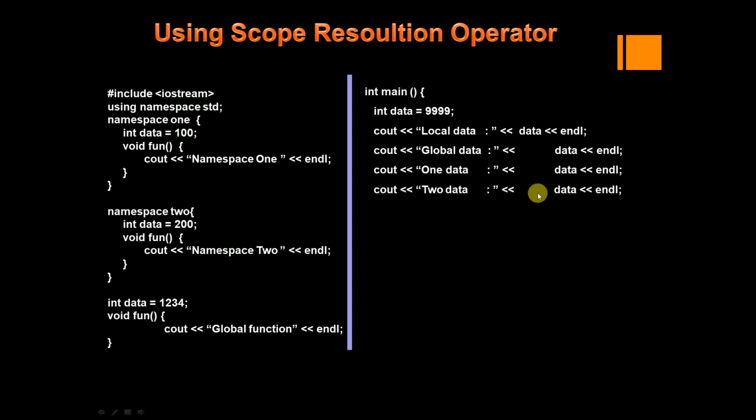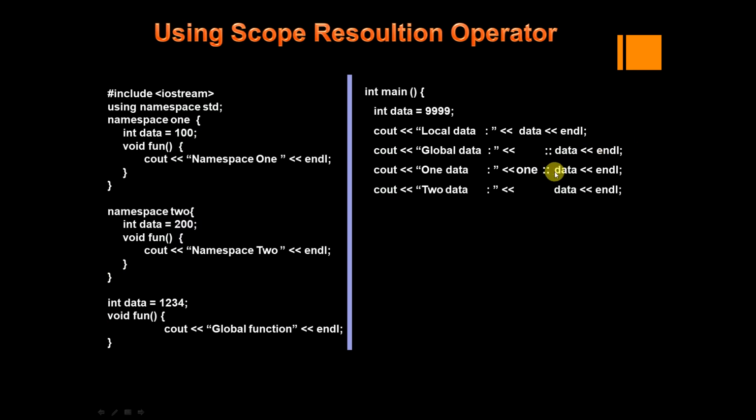Next, I want to print the data of 2. Same thing, 2 scope data here. It will be something like this. Now if I say scope data, the data value will be printed not from the current scope, but from which scope? Here nothing is present, meaning the unnamed namespace. The contents from there will be printed here.